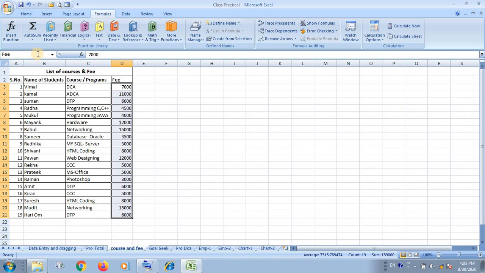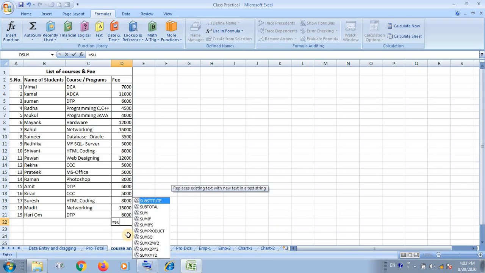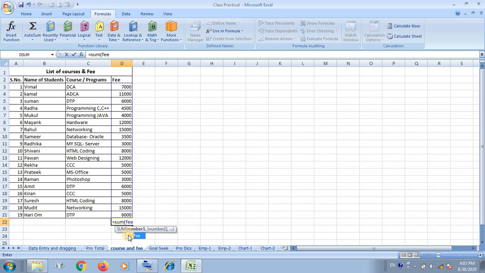I have written here fee. This selected range will be defined by the name fee. Now I can calculate it by writing the sum and by writing the fee. As we write the fee, you are looking here, the list of the fee has been selected directly and it is also working.